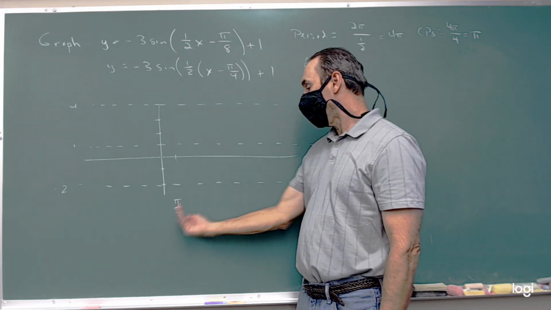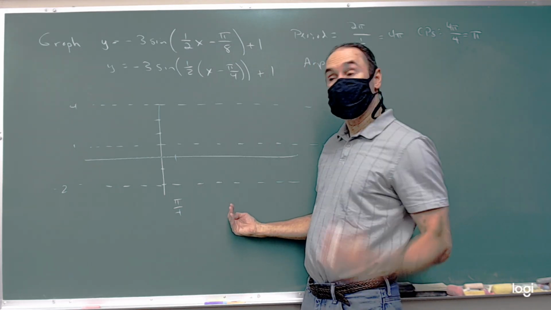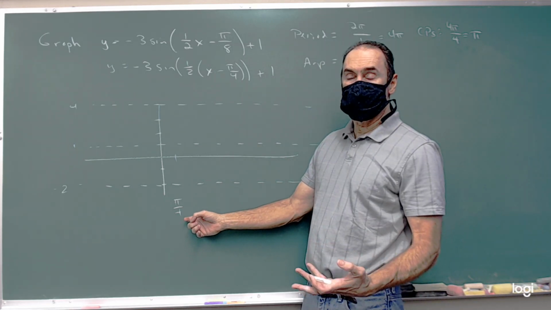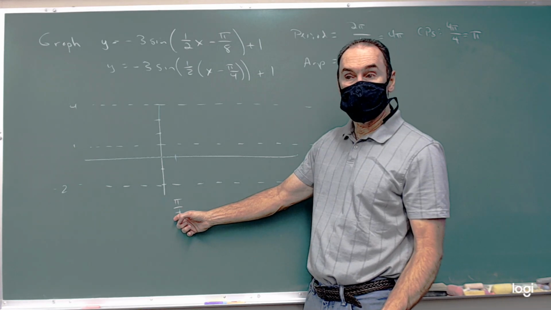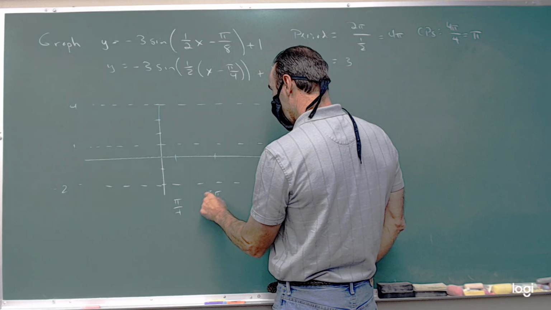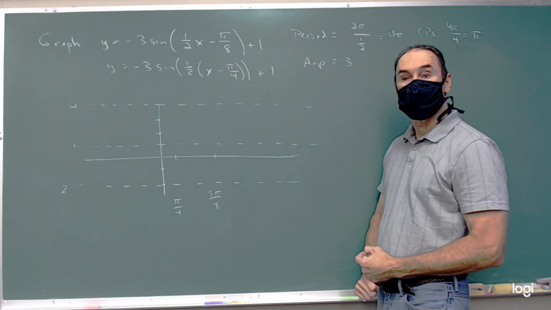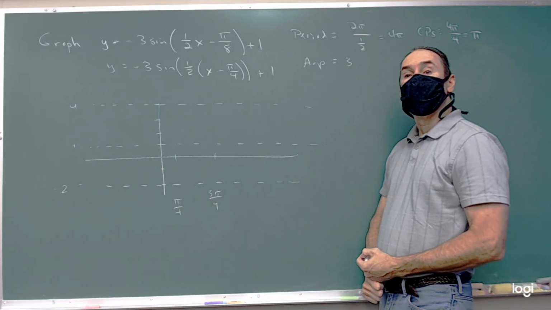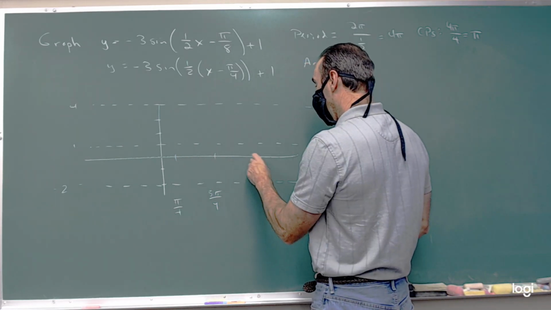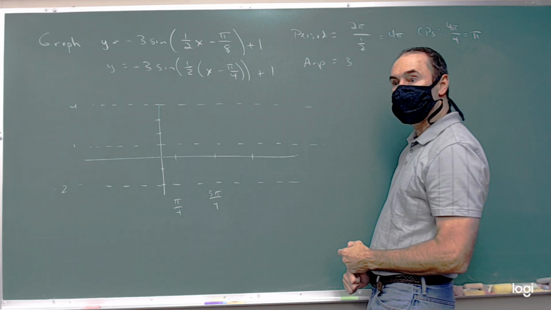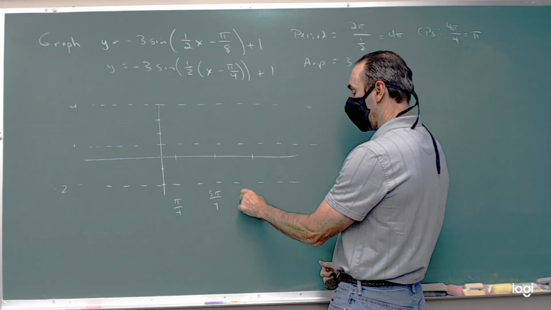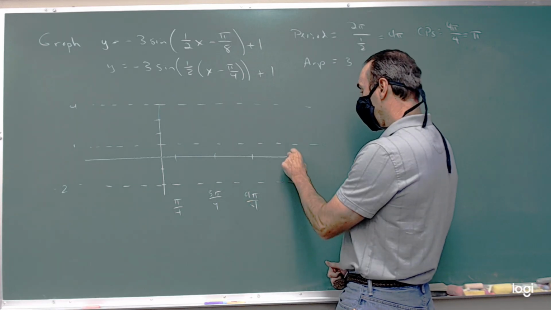Starting at pi over 4, the next tick mark, we're going to have to add pi to this. So 1 pi, which is 4/4, plus the 1/4 pi is going to make this be 5 pi over 4. Is that okay? We'll do it again. So we're going to add another pi, which is another 4/4, which is going to make that be good. And the next one will be